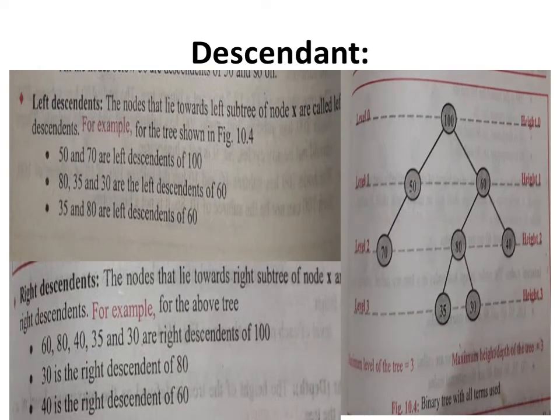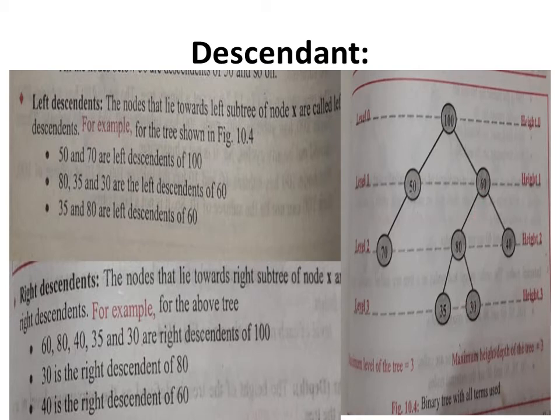See, here you can see the descendants. I have said there are two types of descendants. One is left descendants and another one is right descendants. The nodes that lie towards the left subtree of node X are called left descendants. Here you can see 50 and 70 are left descendants of 100, and here you can see 80, 35 and